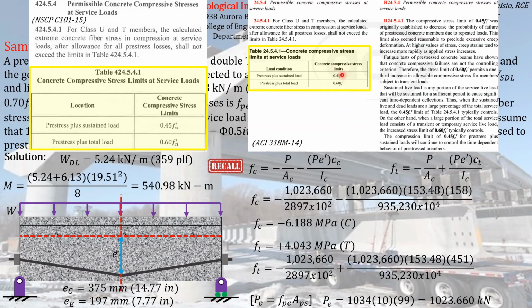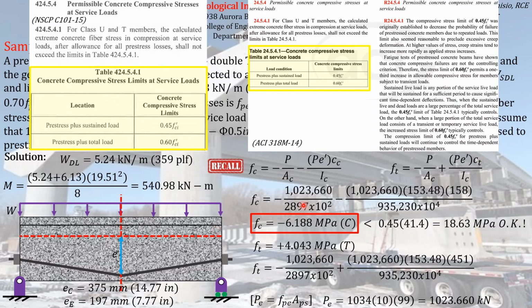So if you compute for the 0.45 f'c, f'c is given in the problem, and 45% of that f'c is equal to 18.63 megapascal, which is obviously greater than the actual total stress we computed here on the pre-compressed extreme fiber. So therefore, since it is less than the limit specified by the code, it is okay. So we can accept it as the final answer, the total stress acting on the extreme pre-compressed fiber at the